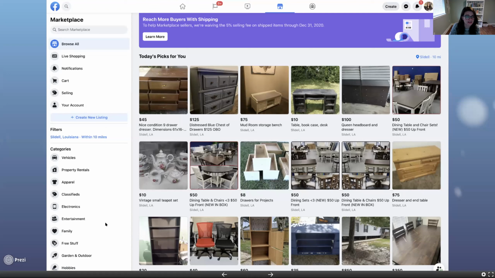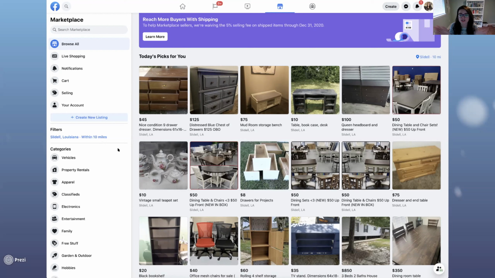Categories of what you want to purchase. Here's how you create a new listing. If you want to change where the item is that you're looking for, you can click here. I don't want to go very far. So mine is in Slidell, within 10 miles is as far as I'll go. But maybe you're willing to drive 30 miles, or maybe you're going to be visiting your sister in Washington Parish next weekend and you want to find something for sale there. So Facebook Marketplace is a really cool place to buy and sell things in my opinion, a safer manner than Craigslist, as long as you utilize it correctly and safely.